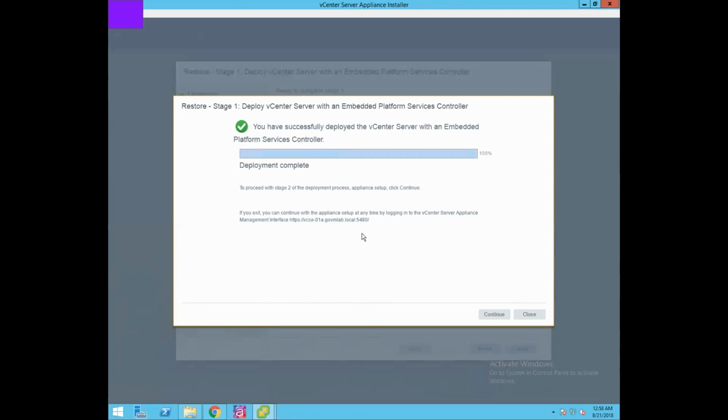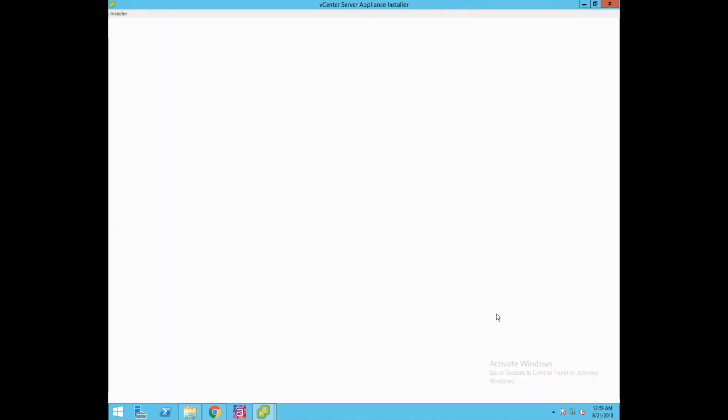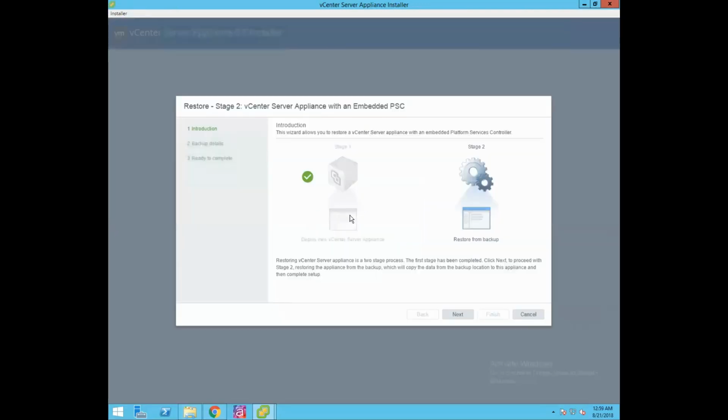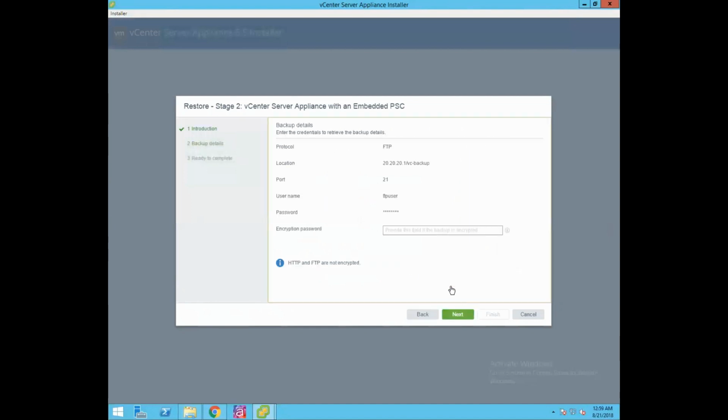Now, as you could see, the deployment of vCenter server completed successfully. Now to proceed with stage 2, click on continue. And this is the second stage of our restore operation. So click on next to proceed.